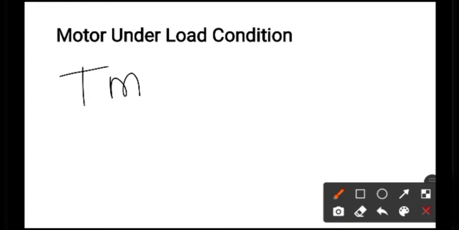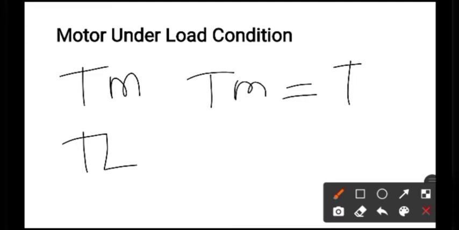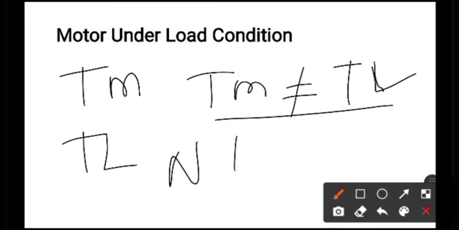So this torque is known as a load torque. At the initial stage, when we put the load on the induction motor, motor torque and load torque do not match. The effect of this is that the speed of the induction motor reduces. When the speed of the induction motor reduces, at that time the flux cutting between the rotating magnetic field and the rotor conductor is also reduced. And the effect is